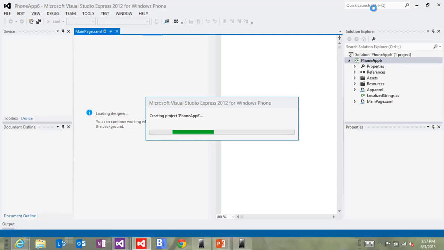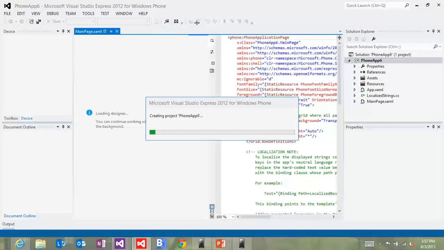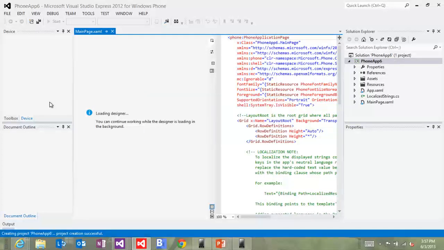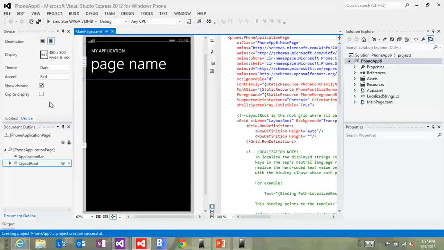Now, Solution Explorer over here, your XAML page over here. And then with Visual Studio 2012, we brought over a bunch of features from Blend. So clearly, Blend had a few things it was really great at, but we knew most people weren't using Blend. Blend came out around the time of WPF, back in the day.